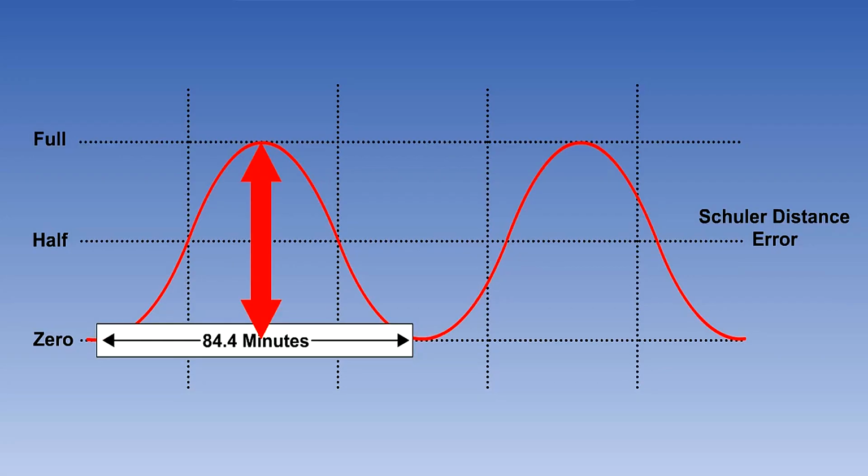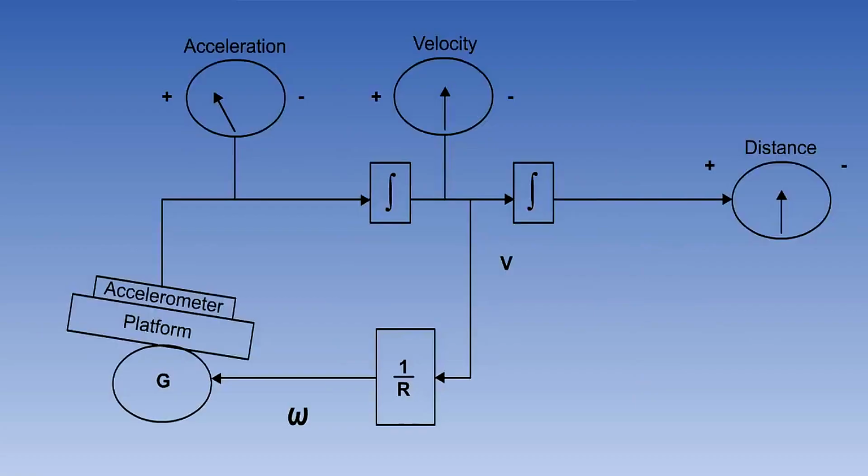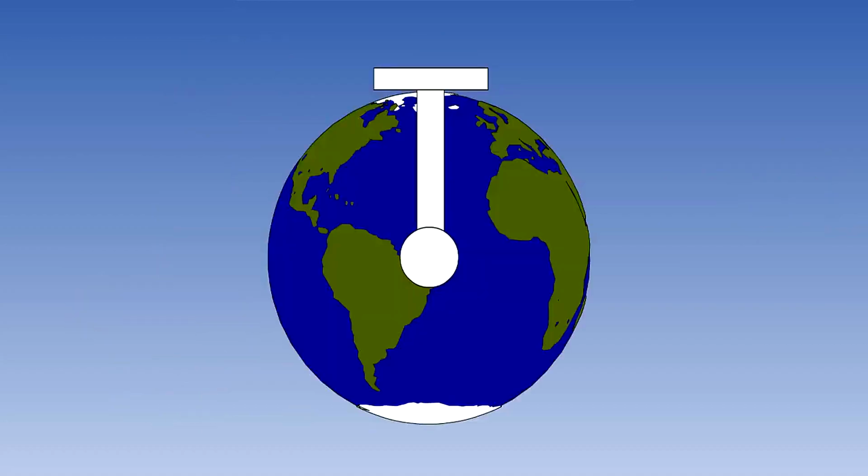It will have to have a V/R feedback loop to keep the platform level as it travels over the Earth. And if the platform is not level at the start, there will always be an oscillation with a period of 84.4 minutes. This is called the Schuler period. The maximum value of the Schuler error does not increase with time, whatever the amplitude of the first cycle. All subsequent cycles will have the same amplitude. The oscillation is self-sustaining because the system is resonating at its natural frequency.